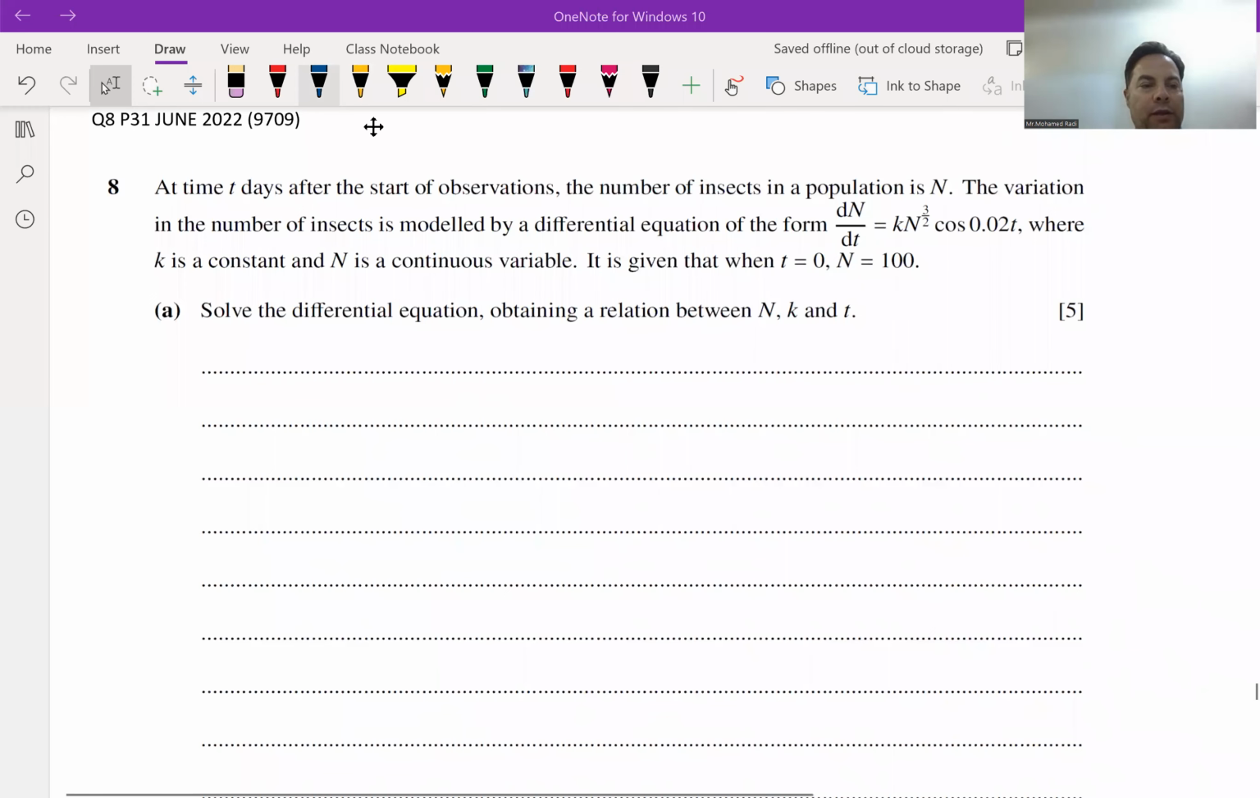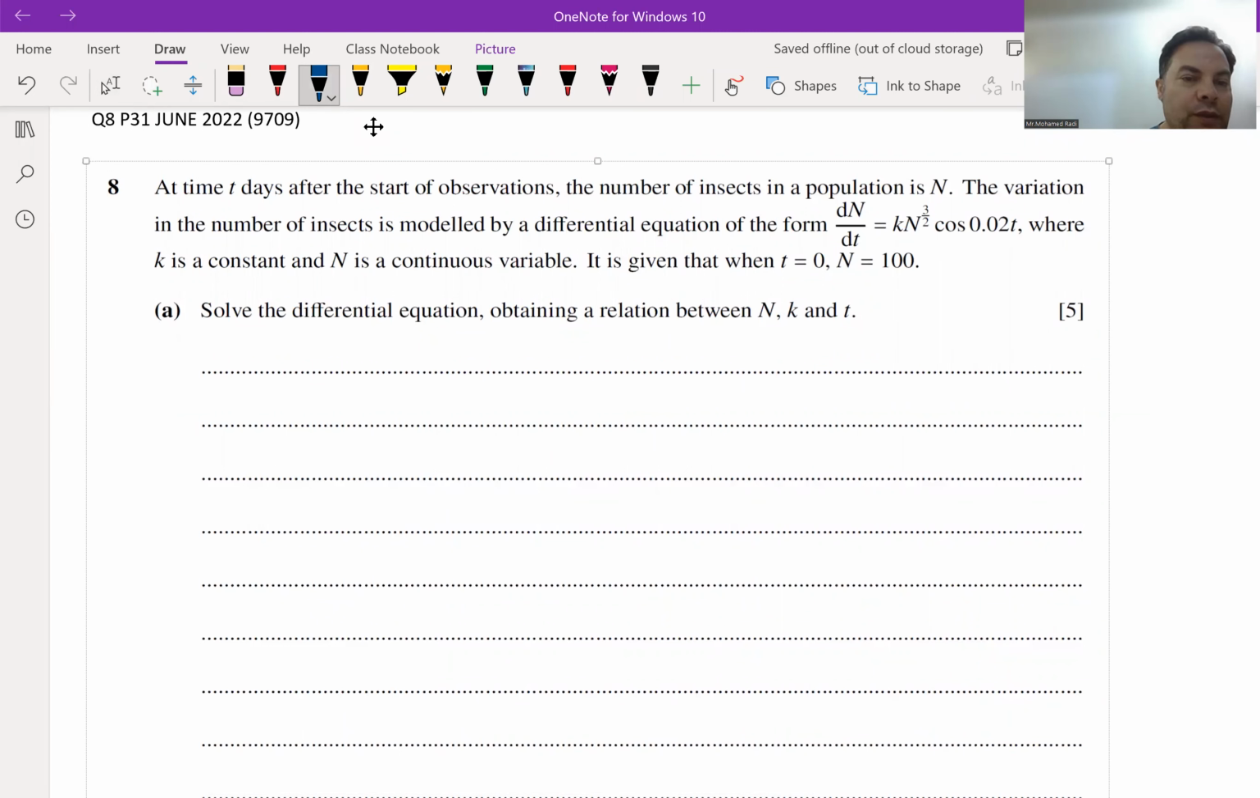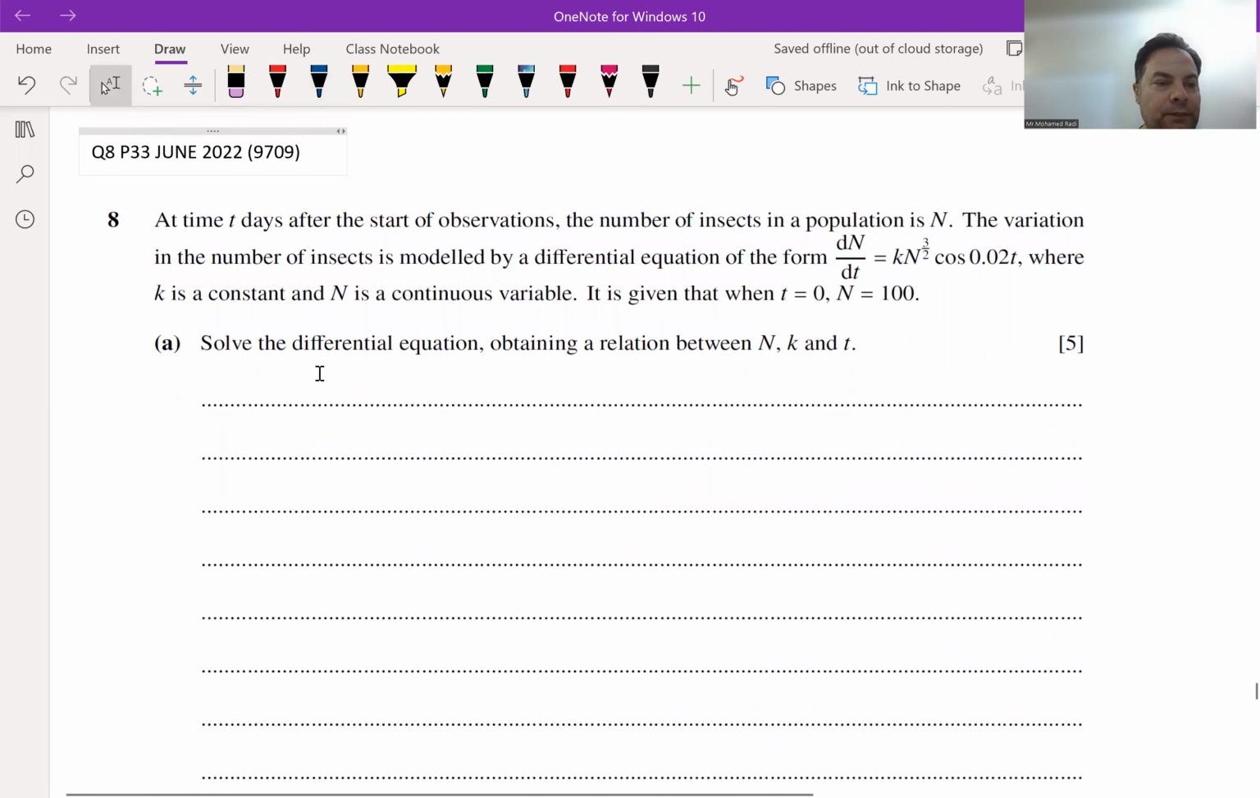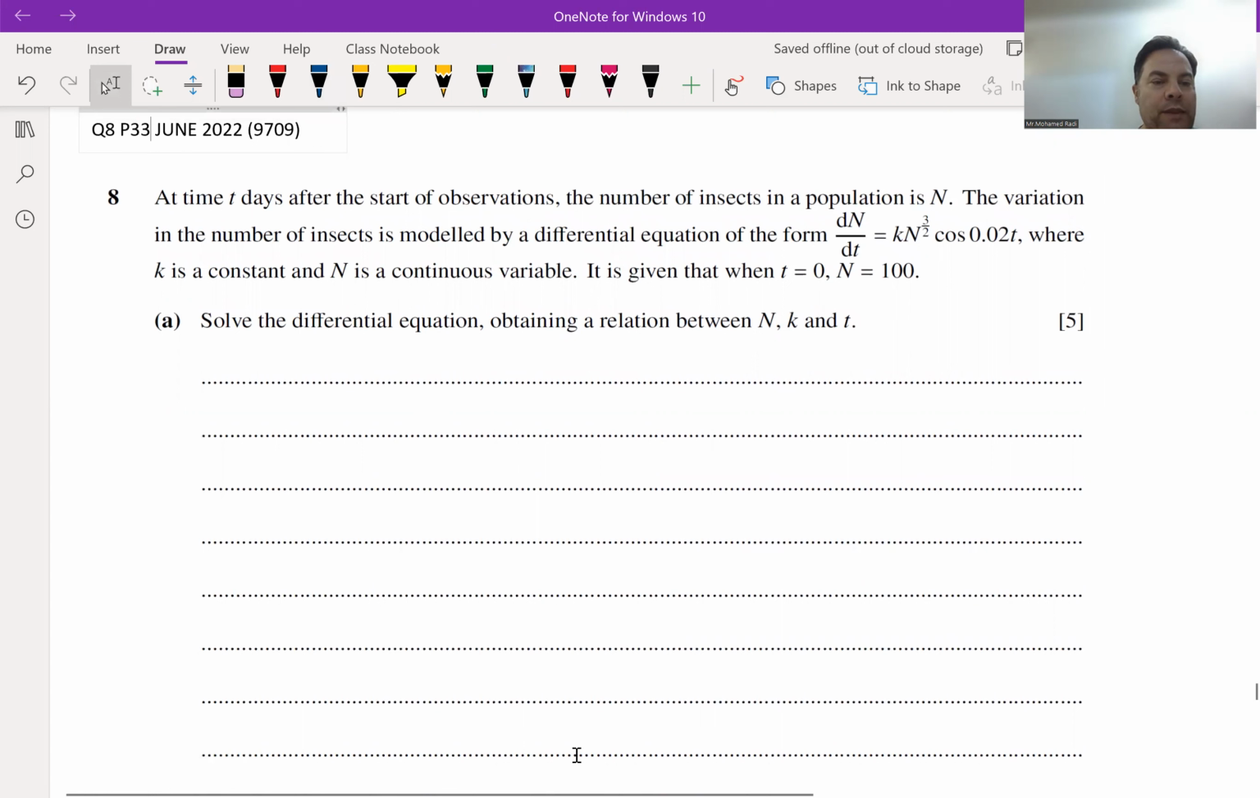Hello guys, in this tutorial I'm going to solve question number 8, paper 31, June 2022. It's June paper 33. At time t days after the start of the observation, the number of insects in the population is n. The variation in the number of insects is modeled by a differential equation, where dn by dt is equal to